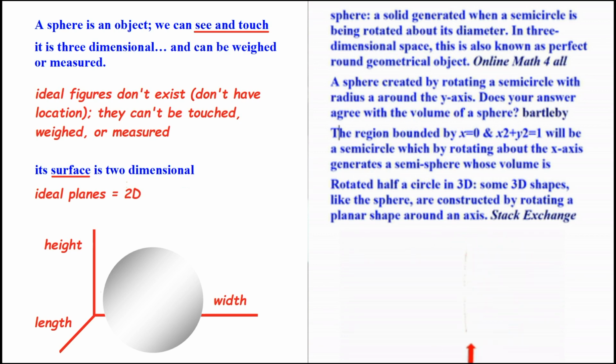So no, a sphere is not an object according to mathematical physics, according to formal geometry. A sphere is what you're seeing there, just a twirling of a bunch of locations. In other words, of an itinerary. In fact, half a circle. What is a circle? A bunch of locations.